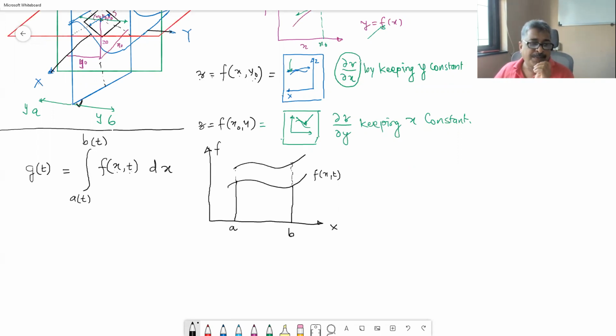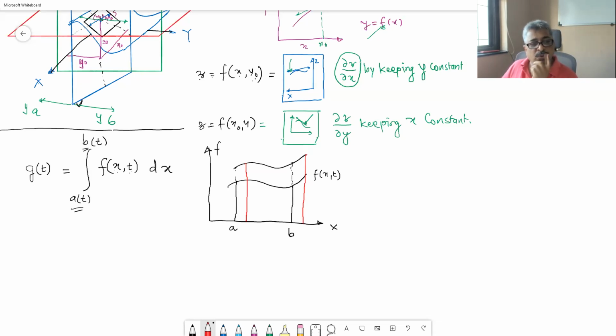So a of t, which I have written here as the first limit, and b of t, which is the upper limit, if they are constants, then they are independent of t, but we can always write them as functions of t. So the most difficult case is when a also changes with respect to t, and a becomes this fellow after some time t, and for that matter b becomes this fellow after some time. So that is the complication in this particular theory.